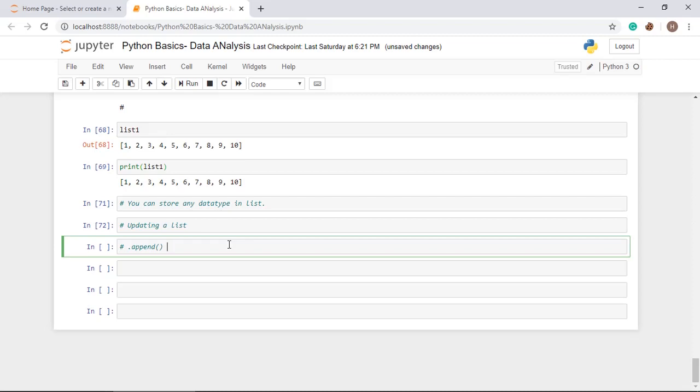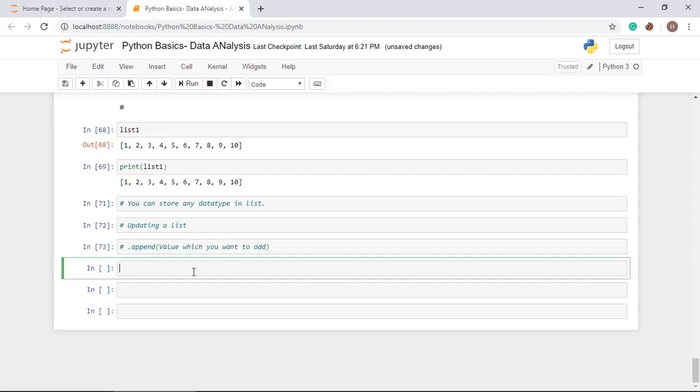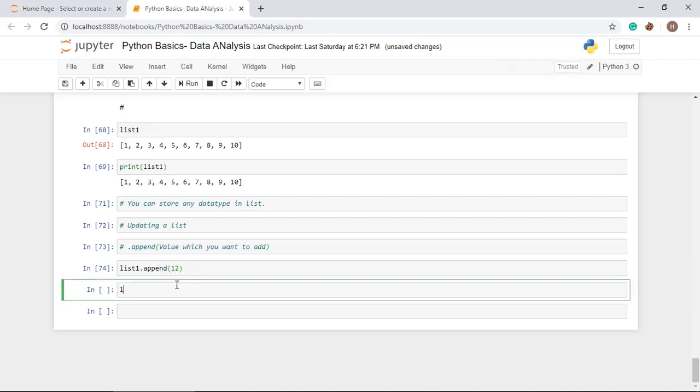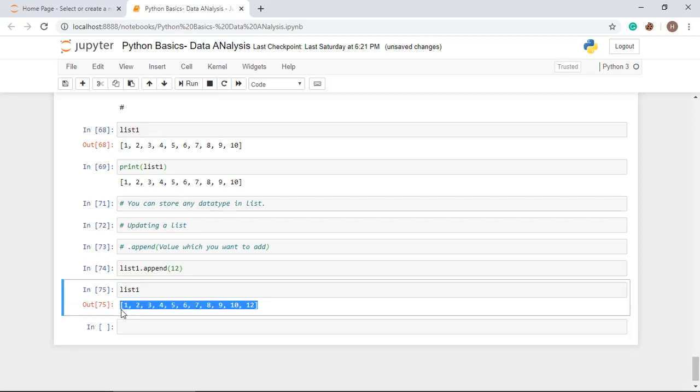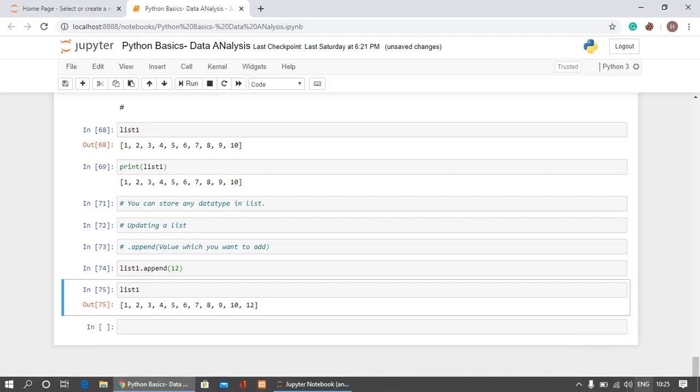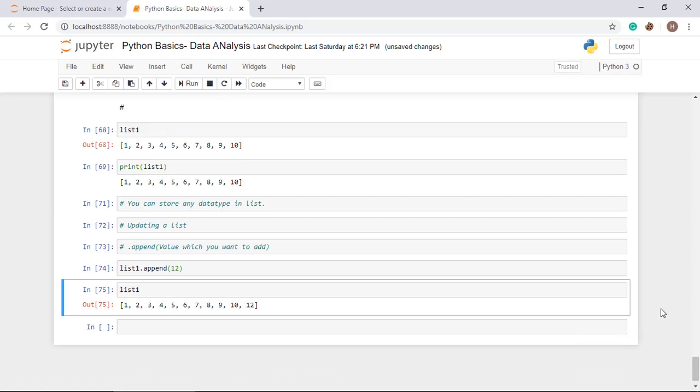In this you have to pass the value which you want to add or update. So let's see, I want to add 12 in the list, so I have to use dot append and put 12. Then I call list1, and I get output like this, 12 has been added at the end of the list.